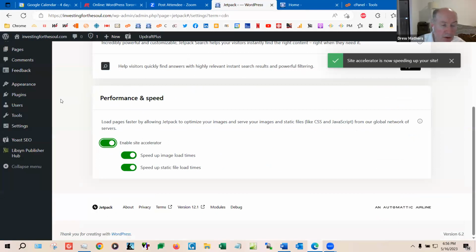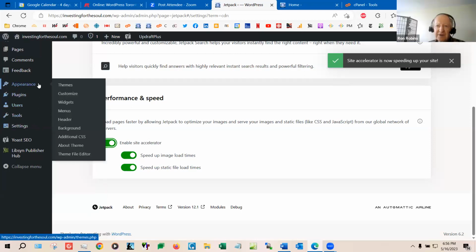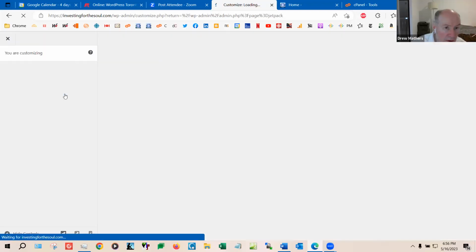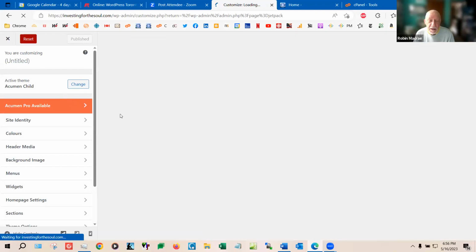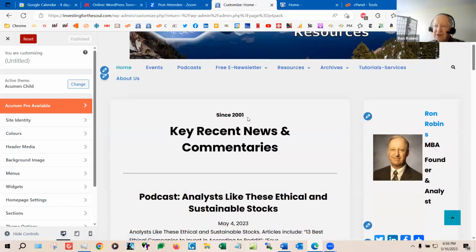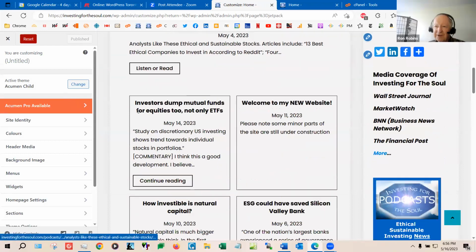Let's see if under appearance there is something. Well, we're following what the mainstream advice is. This site's showing the 2001 theme, but it's just on the browser.